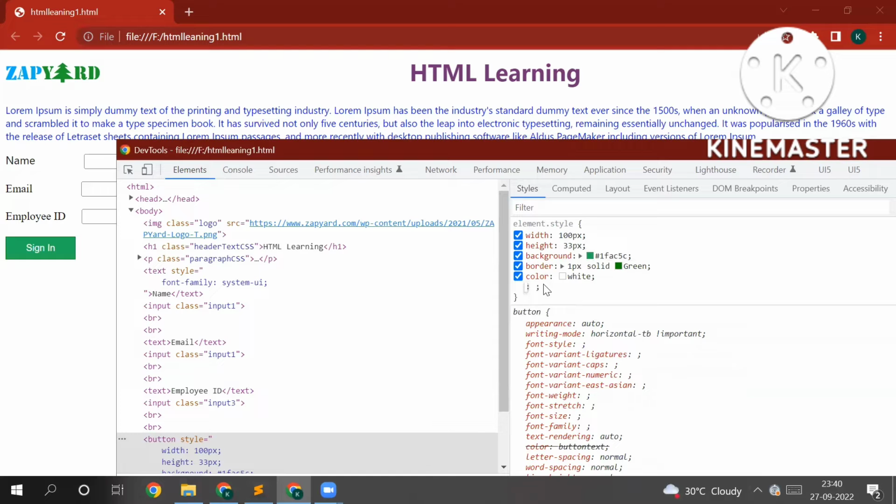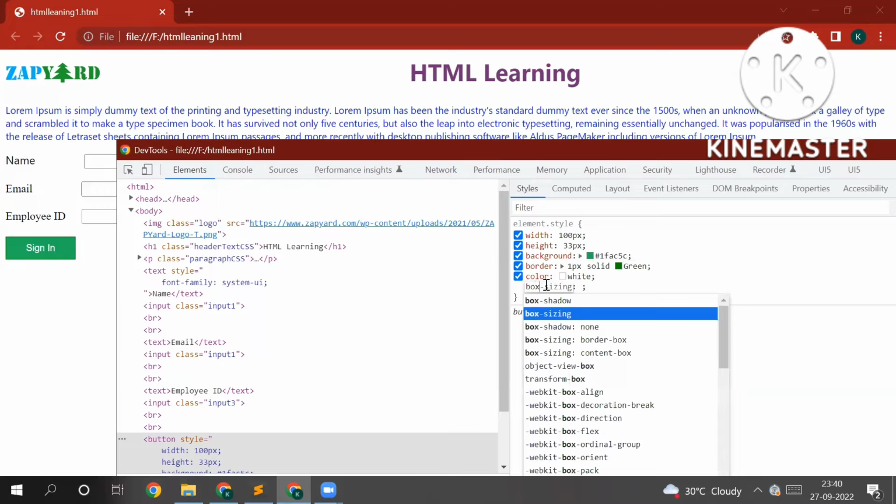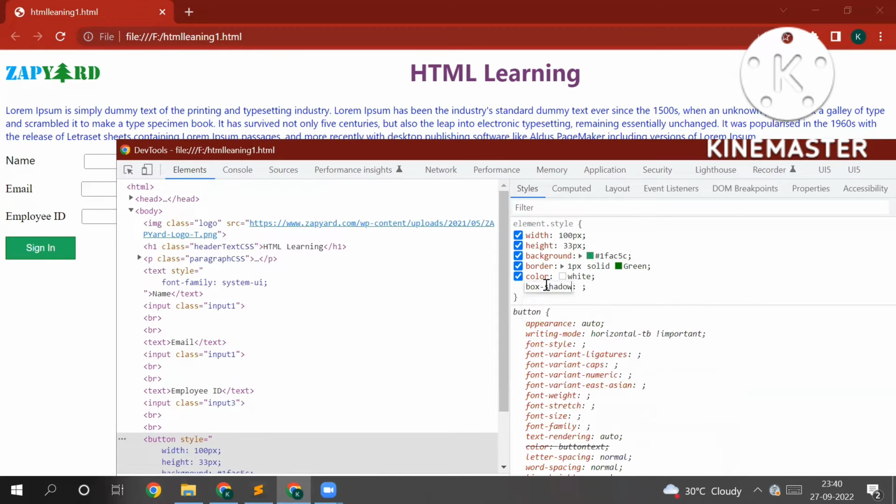Now, if you wanted to make it much more beautiful, you can give some box shadows. There is one more property called box shadow. You can give different pixel values. I'll show you the pixel, how it works. You can give some color. Let's say I'm giving,